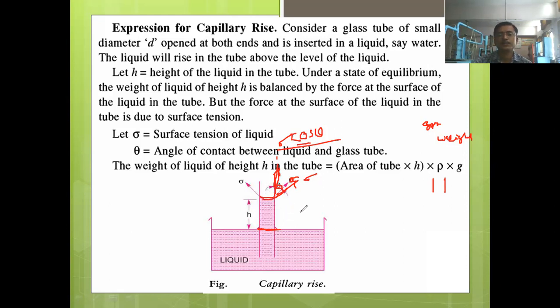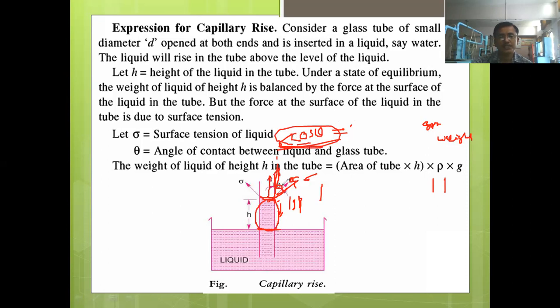जसं जसं या ठिकाणी पाण्याची लेवल वाढत जाईल, as this water level goes on rising here, the weight of the liquid is acting in downward direction, right? So this component of force will rise only up to the point where the weight of the water becomes equal to this. Okay, याचं जे वेट आहे या पाण्याचं, हे पाण्याचं वेट जोपर्यंत ह्या सिग्मा कॉस थीटाच्या इक्वल होत नाही, तोपर्यंत पाणी लेवल ह्या ठिकाणी वाढत जाईल.